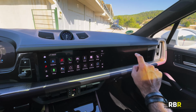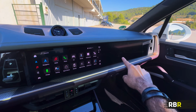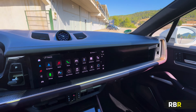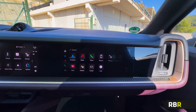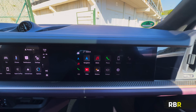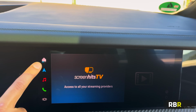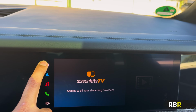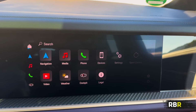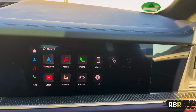The other thing you've got, which is also from Taycan, is a screen on this side. Now you're thinking there's nothing there, but this has actually got a film on here to stop the driver from looking at it. So when I move this here, you can then see you've actually got your screen in there. And again, it uses similar types of apps, video for example, that you can watch on there. You can control the music and other elements of the car. I don't find these passenger screens to be that useful, but if you want one, it's in the Cayenne now